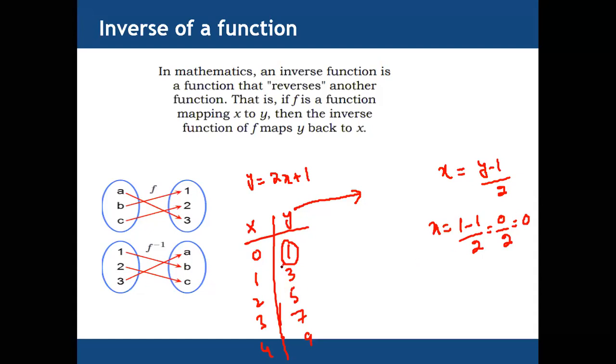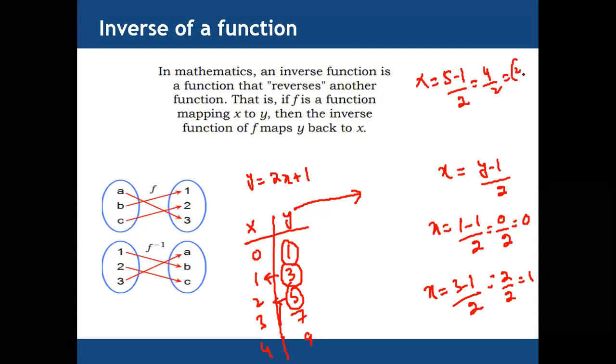Same when you give x is equal to 3, this will give you the value 1. y is equal to (3 minus 1) divided by 2. This means 2 divided by 2 equals what? 1. When you give x is equal to 5, this will give you 2. y is equal to (5 minus 1) divided by 2, 5 minus 1 is 4, divided by 2 equals 2.